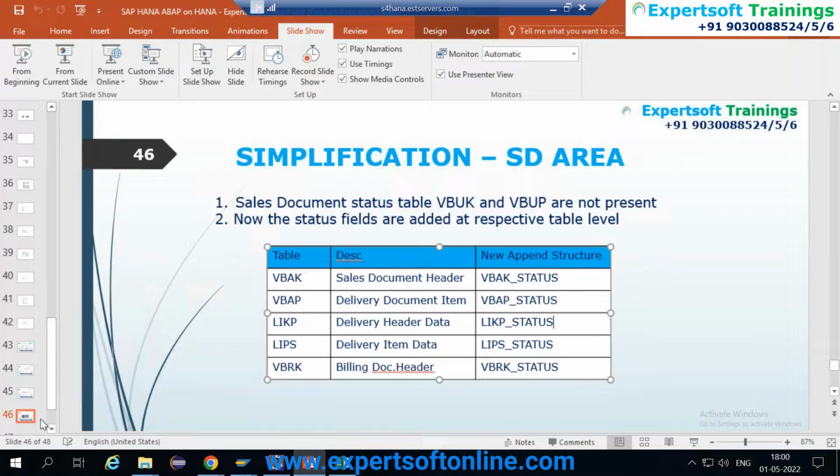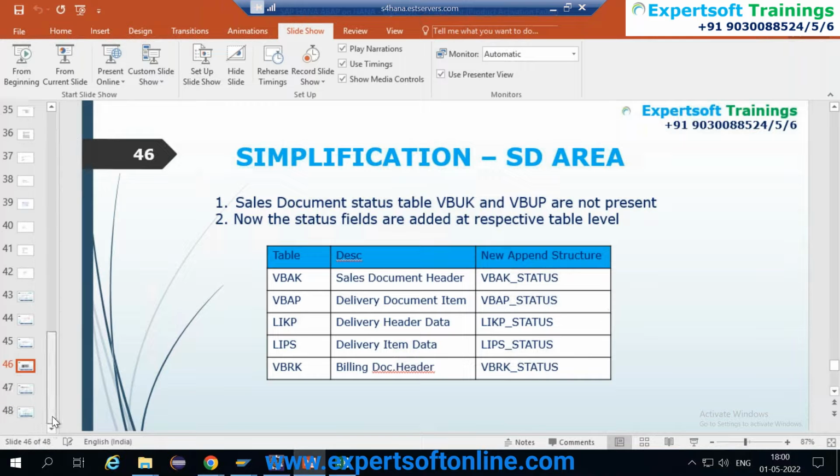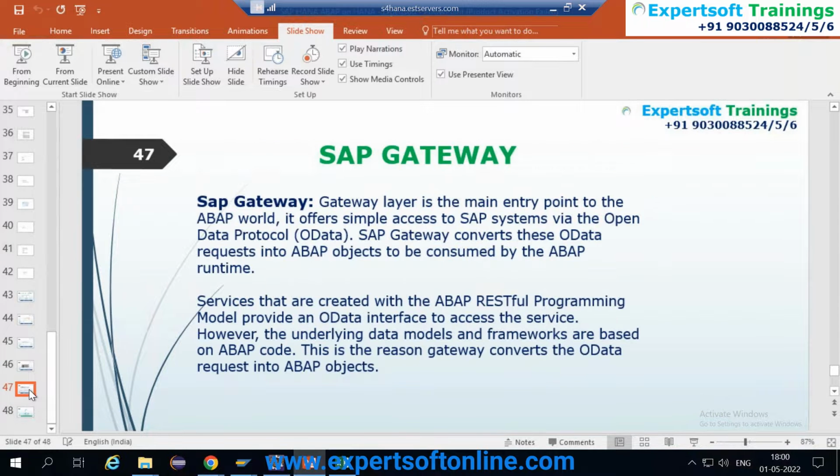And then we will be covering Gateway. We will be covering the backend OData, where I will show you the coding in different methods. OData service means get entity, get entity set, get relationships. This is the backend service where we create a URL and give it to a Fiori developer to integrate into a Fiori application. We will go deep into this Gateway OData session also, where we will be developing code and an OData service using a CDS view, using an entity, and we will give that URL to the Fiori developer to integrate it.